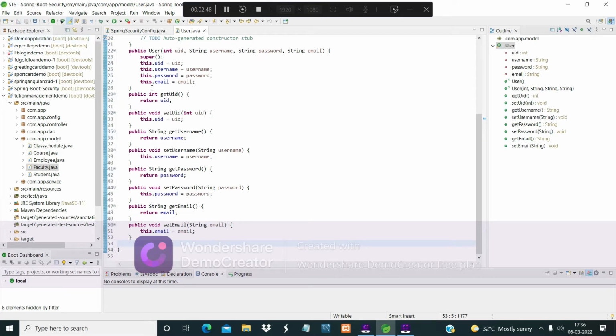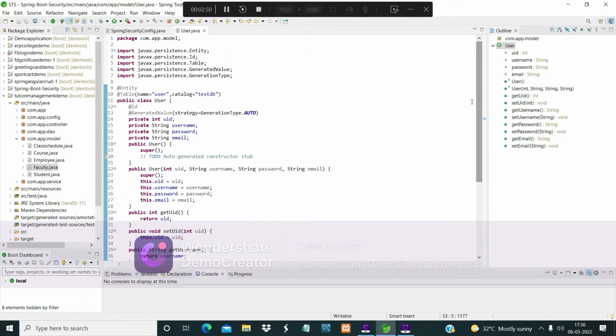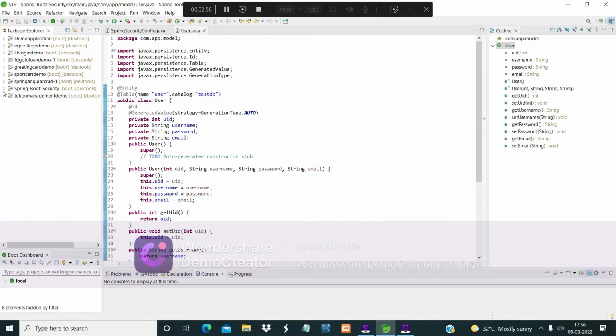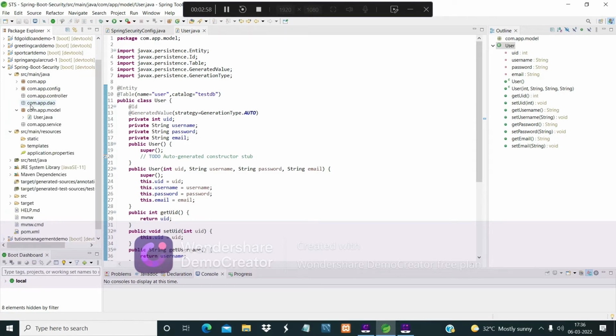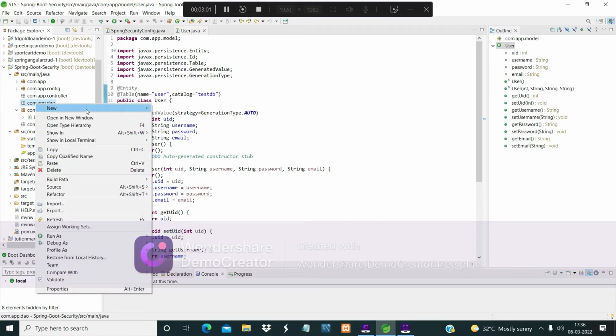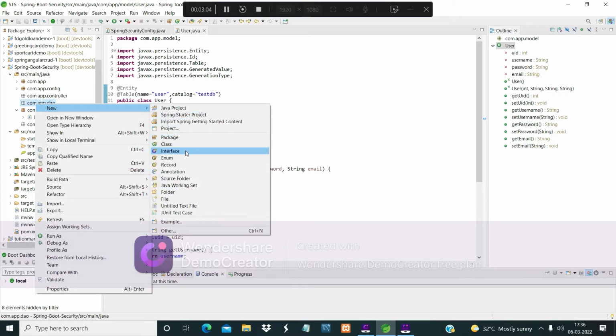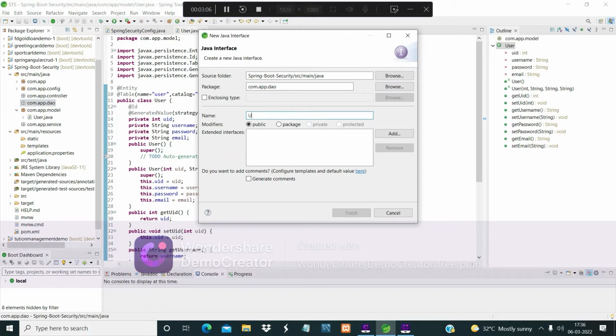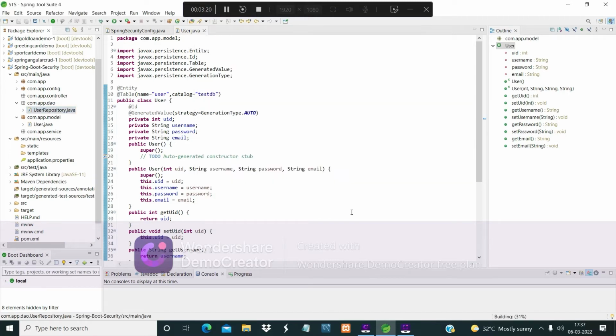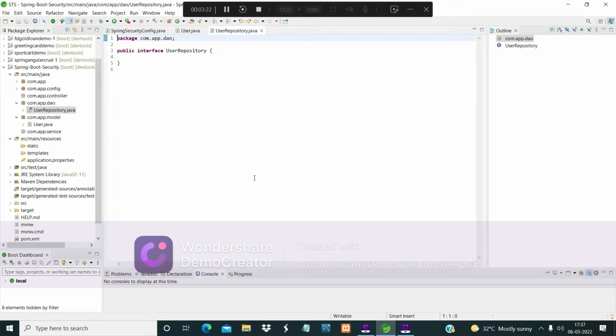Next we will add the repository. We will name it UserRepository. It will be an interface. It will extend the JpaRepository.